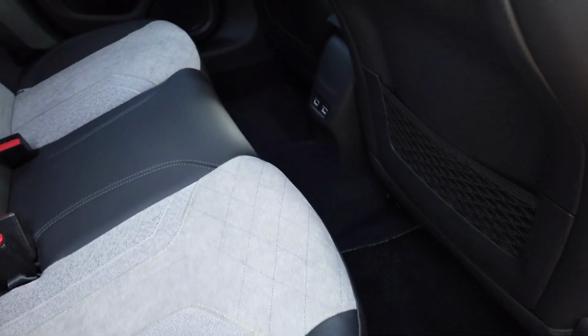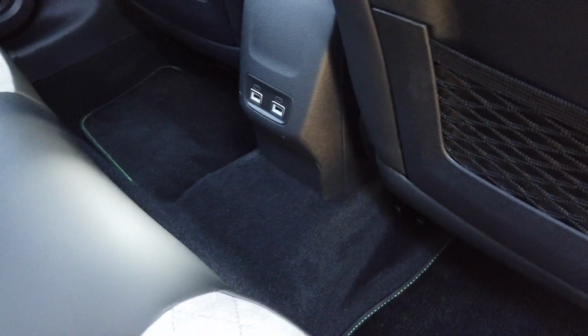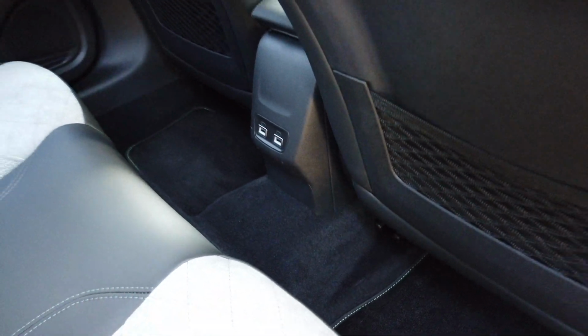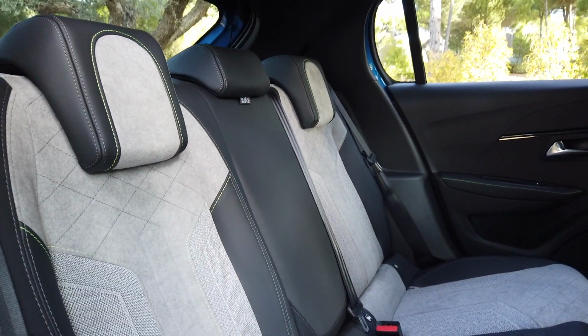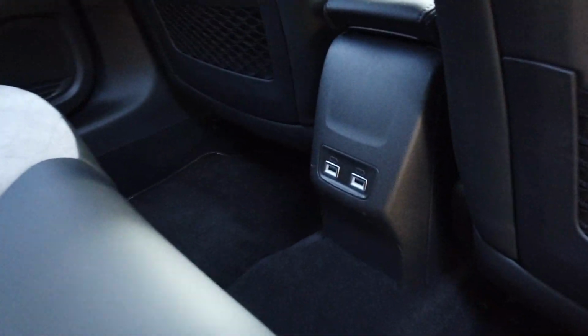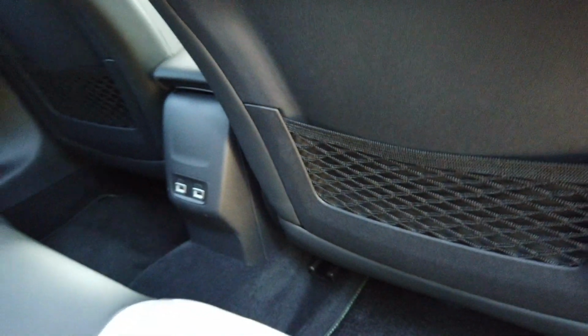There is a little bit of a transmission tunnel, not a transmission tunnel, but a little bit of a hump in the middle here. It's not huge, so it's not going to get too much in the way, but as you can see with any car this size in this segment, the middle seat is always going to be a little bit pinched. Now headroom isn't too bad, and there's two bright LEDs up there. You also get two normal USB charge ports in the back of this one,